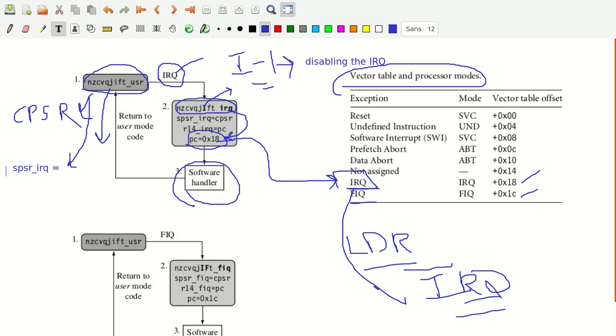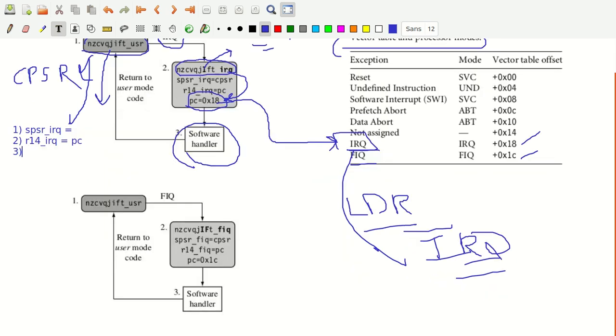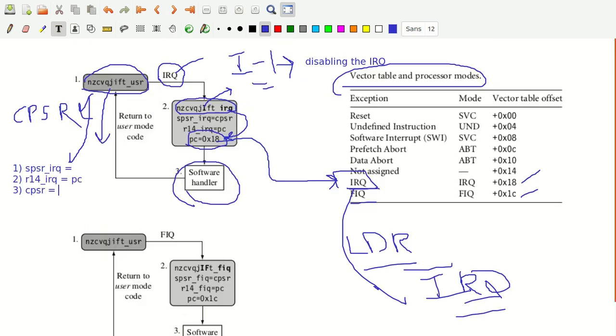The second step: R14_IRQ will have the PC. In the third step, the CPSR will be updated with this value.